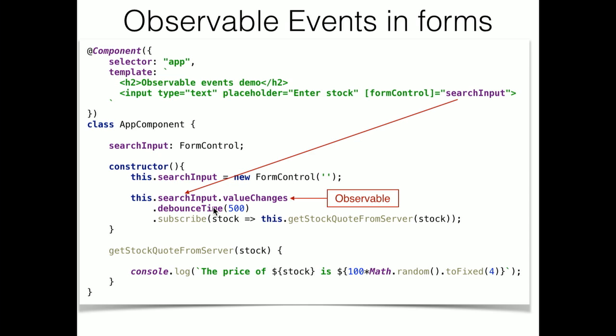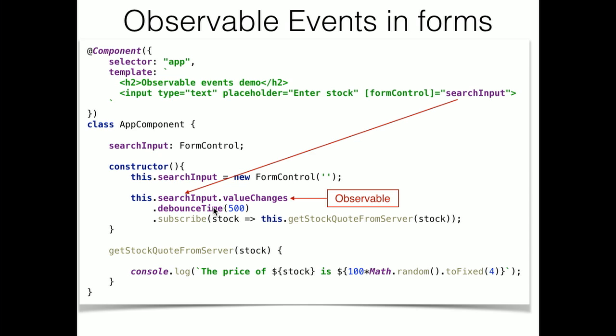Imagine a situation when you type something in the Google text field, and as you type, it brings you some data, right? What if you don't want this to happen? What if you don't want to initiate an HTTP request for every little character that you typed in? So you can use debounce. Debounce time means unless, in this case, 500, unless the user types nothing for 500 milliseconds, don't even